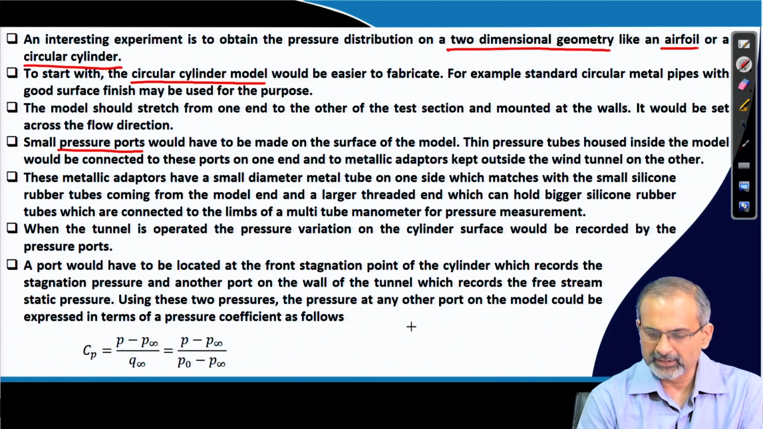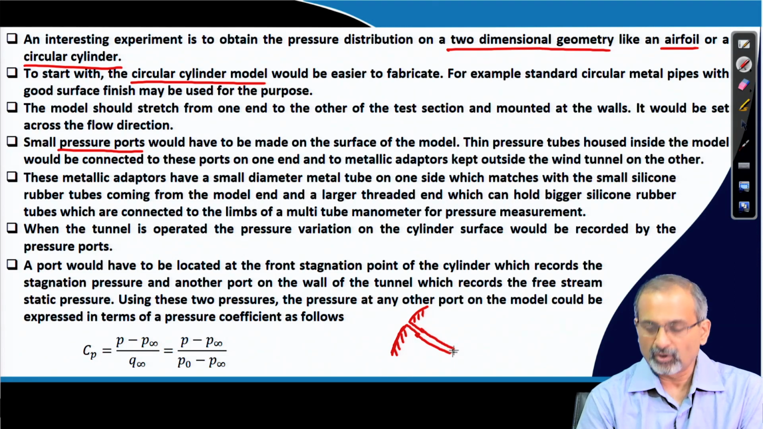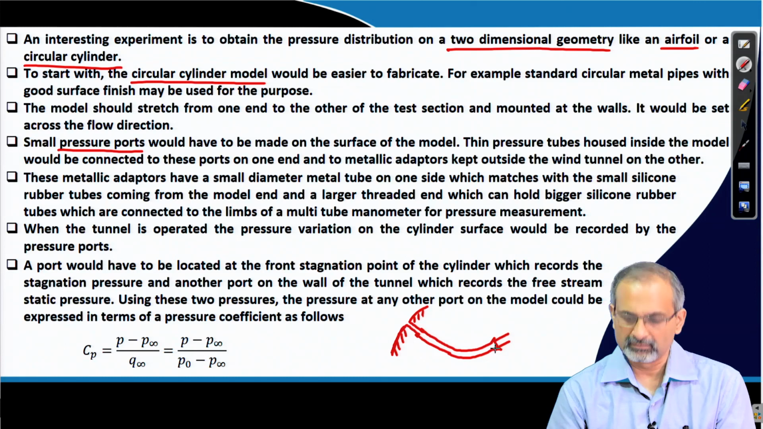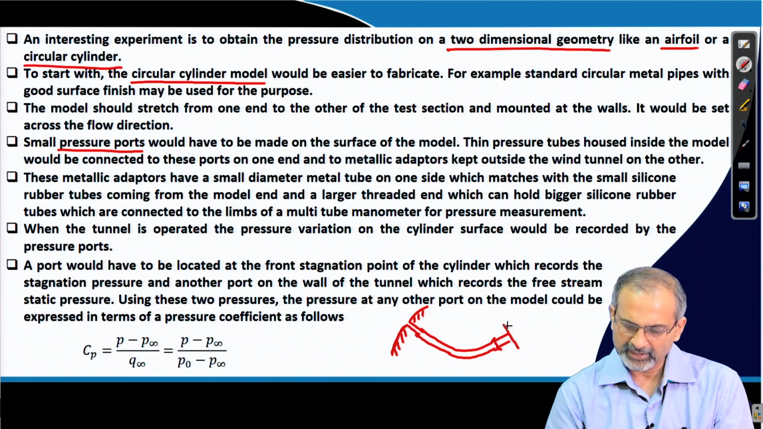That means we are finally talking about small pressure ports on the surface of the cylinder. So, let us say this is a portion of the surface of the cylinder. You have a small port to which a small metallic tube is attached, and then you have a matching rubber or silicone rubber tube, better, connected on one end, and on the other you can make an adapter, which is basically a metallic adapter which can